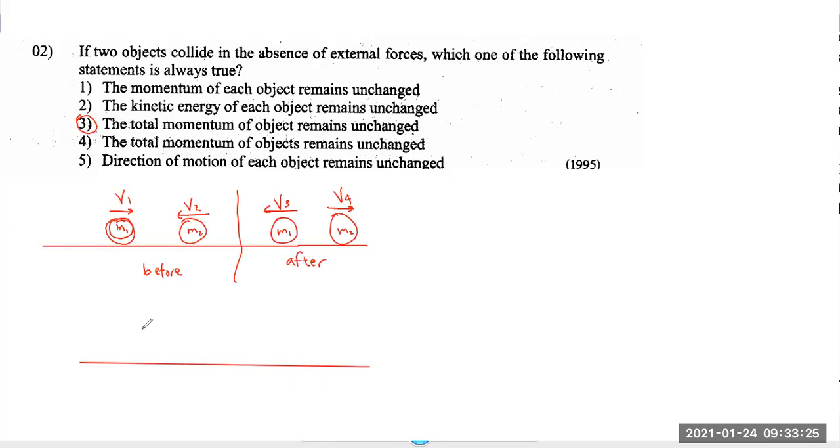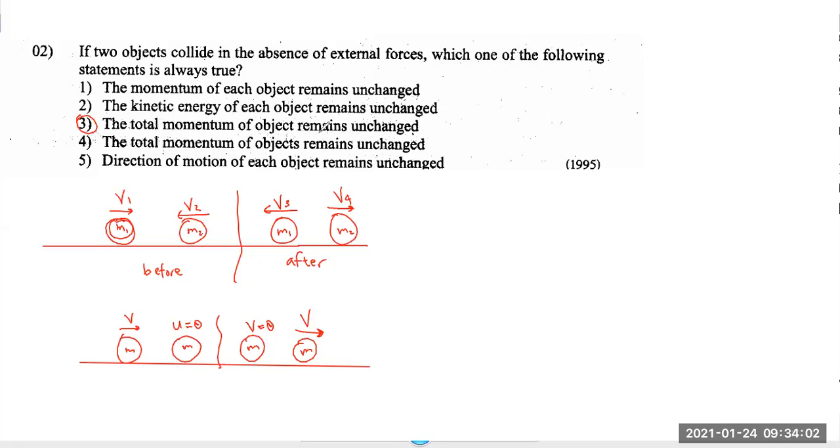We have learned that when an object is moving at velocity v towards an identical object which is at rest, the initial object stops and the other object moves with the same velocity. If you take this simple example, you see the kinetic energy of each object is changing. The momentum is changing. Here it was mv momentum, here it is 0 now. Here 0 momentum, here it's mv. Here kinetic energy half mv squared, here 0. Here kinetic energy 0, here it's half mv squared. So definitely for each object, kinetic energy and momentum will change.